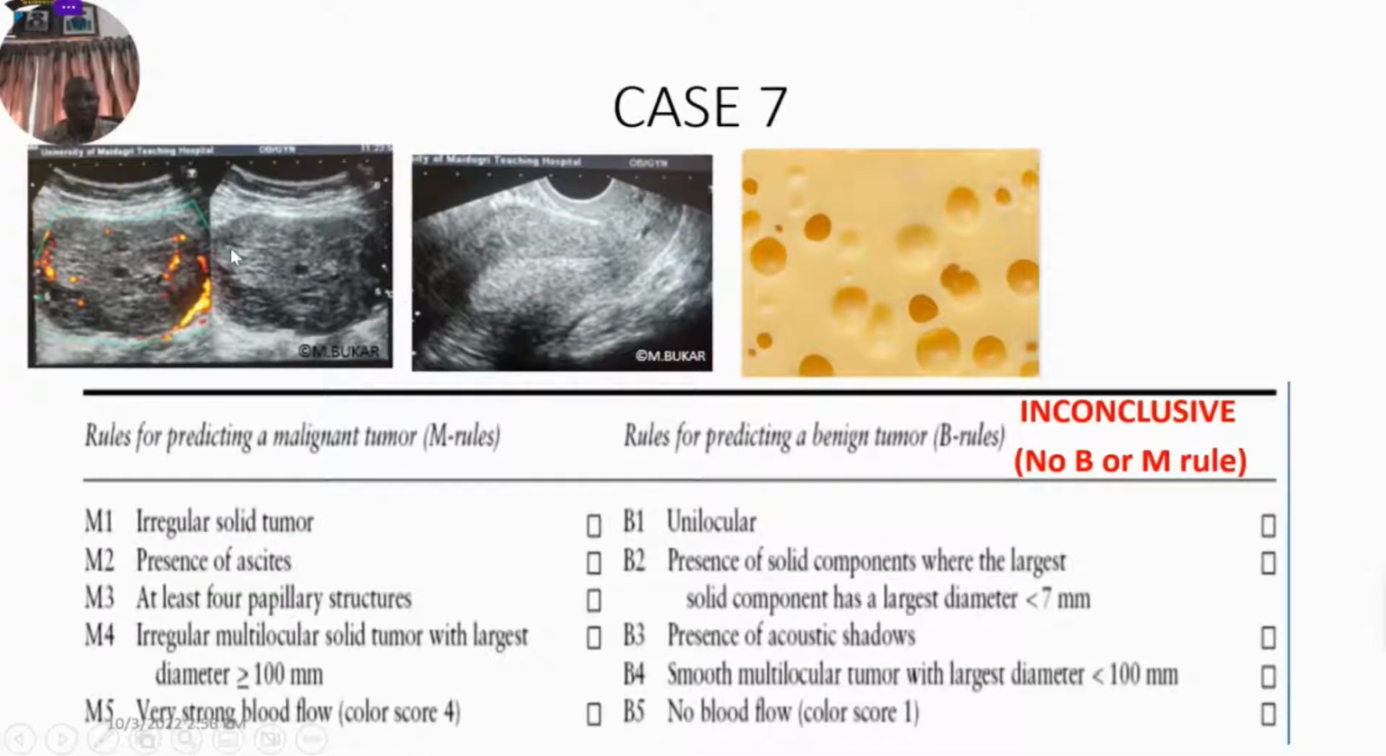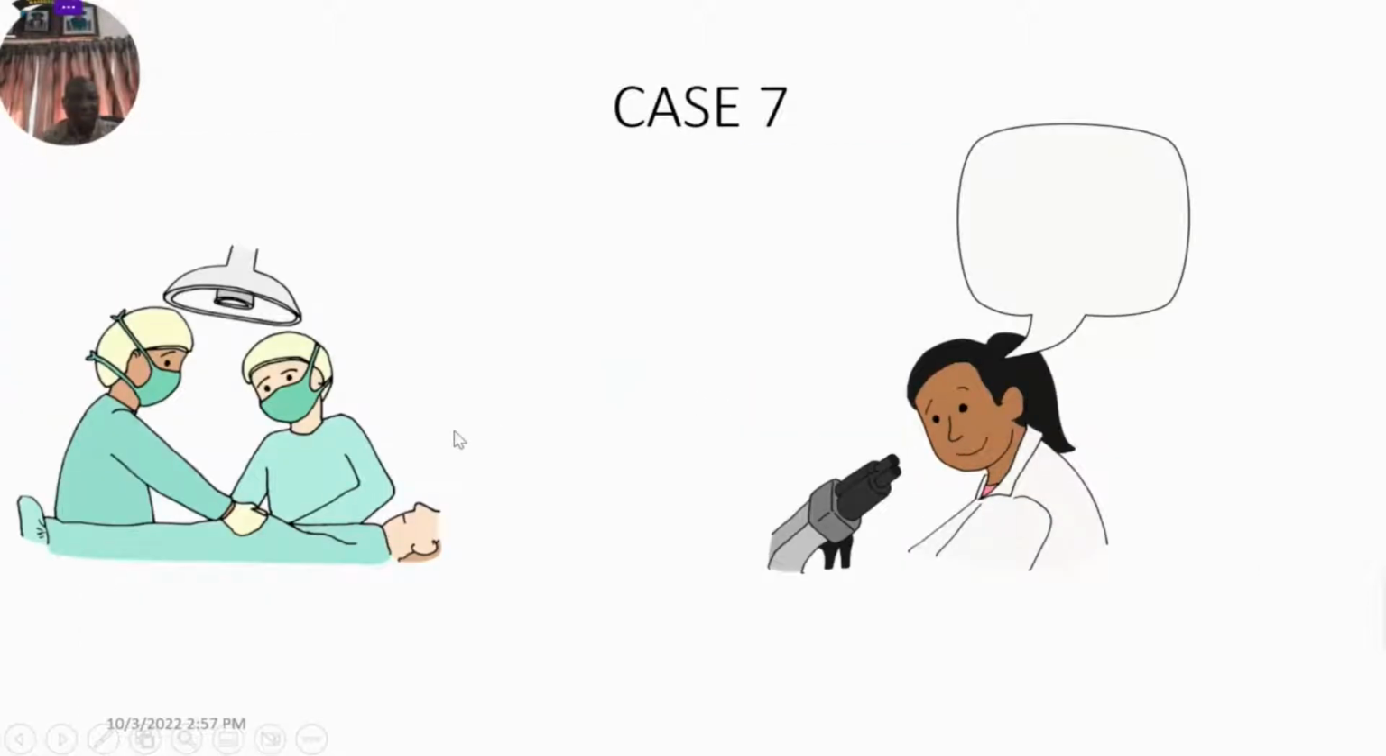Again, subjective assessment will suggest that this is an adult granulosa cell tumor, although it's not a typical Swiss cheese appearance. But by the time the endometrium of a 60-year-old is looking like this, in all probability you are dealing with an estrogen-producing tumor. But there were no M rules and no B rules. So this lesion was inconclusive. She underwent surgery, and histopathology confirmed that it was adult